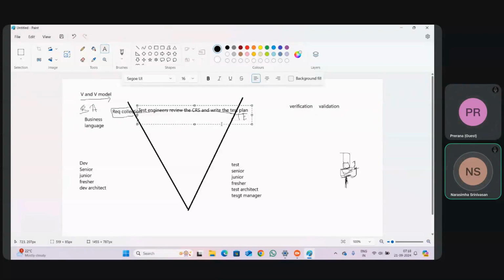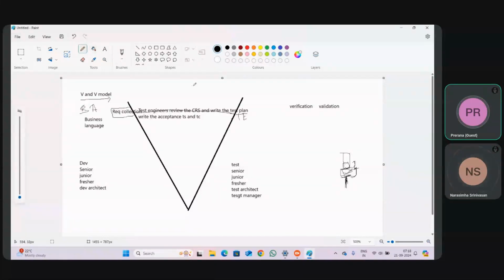And also the test engineers will write acceptance test scenarios and test cases. What is this? You will understand in the upcoming classes.